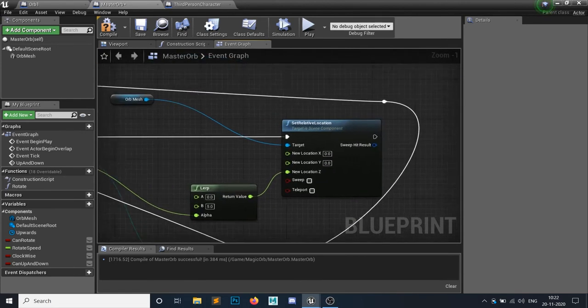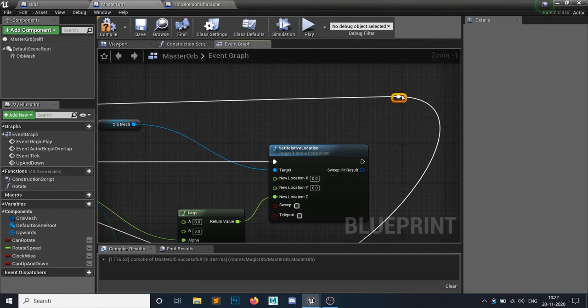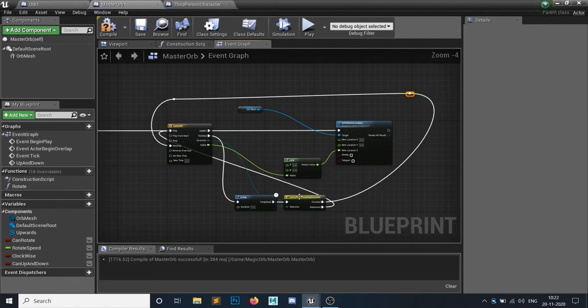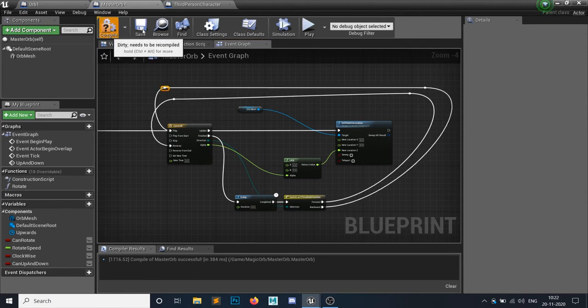So as you can see, yes. So if it's a forward direction, then I will go to reverse. If it's a reverse direction, then I will go to forward. Okay, hit compile, save.